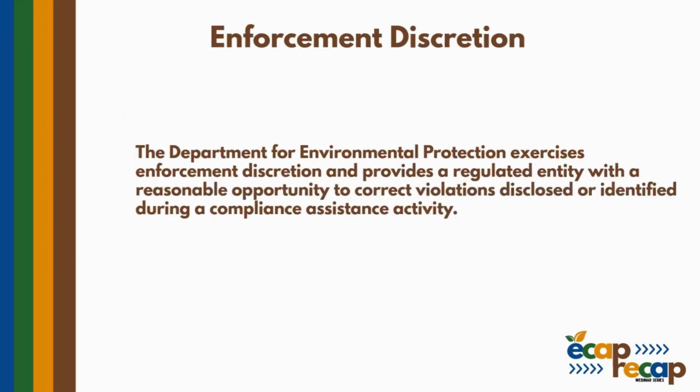Now, here's that enforcement discretion that I was talking about. I've mentioned a few times our services are confidential and we do not report on any potential violations outside of a few exceptions. If we see something that is going to cause severe harm to human health or the environment, that's one of those exceptions. So this is the enforcement discretion policy specifically for the Environmental Compliance Assistance Program that the Department for Environmental Protection made. It is important just to note that facilities that work with our program are given reasonable opportunities to correct any violations before they are brought to the regulatory agencies.